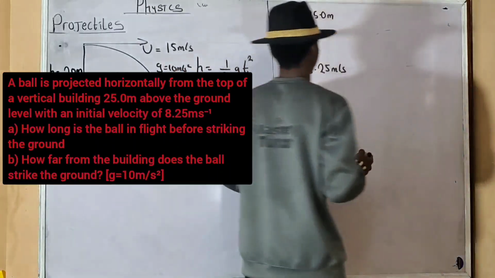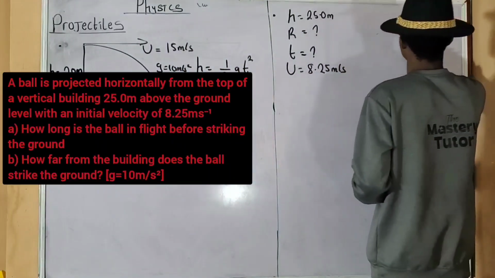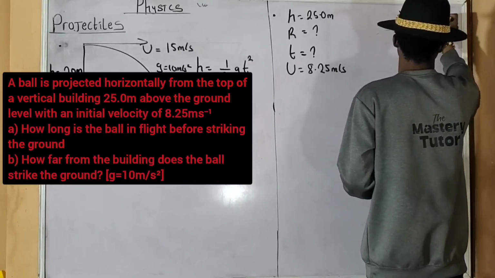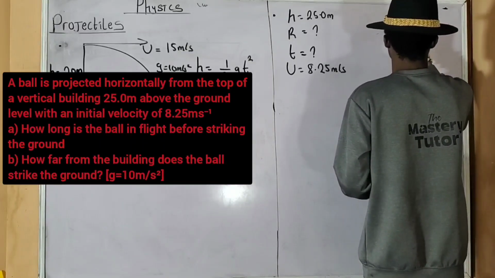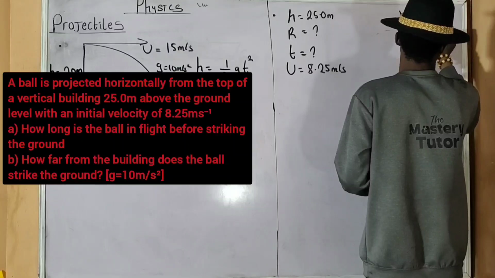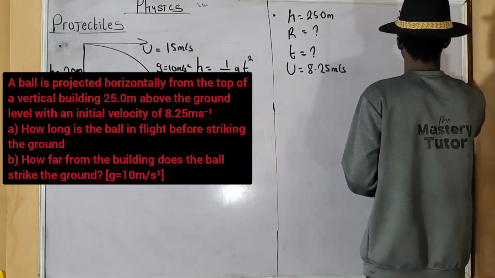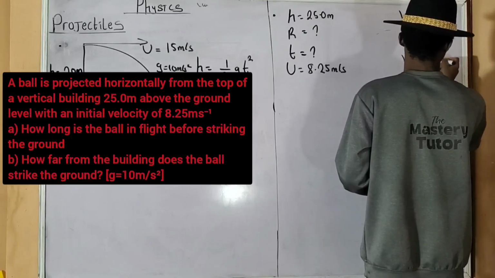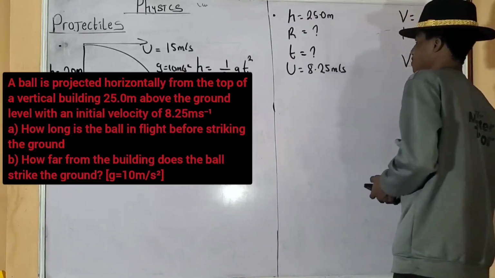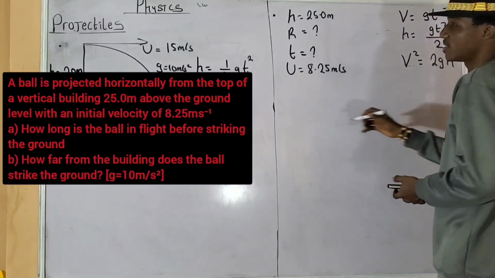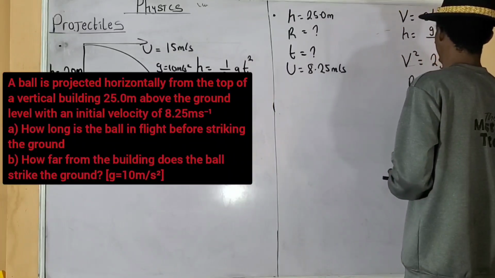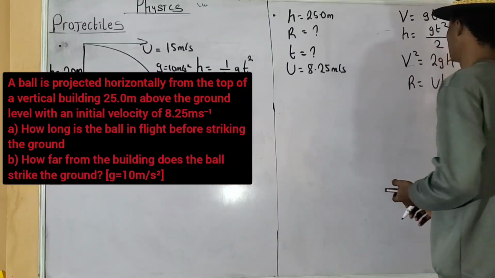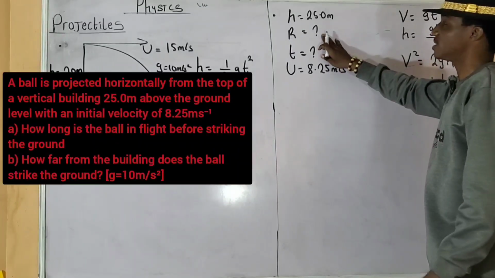Now, with respect to the formulas that we always use, the first formula is v equals gt. Do you understand? The second formula, h equals gt squared all over 2, or 1 over 2 gt squared. And the third formula, v squared equals 2gh. And the fourth formula, r equals ut. Are you following? Now, if you want to calculate the range, which is the distance,